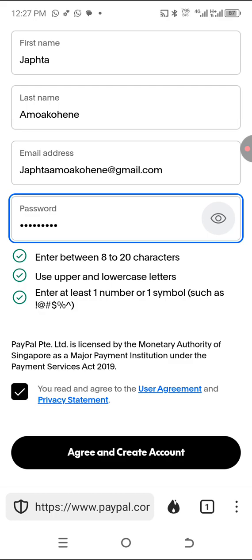Before we continue, let me just say this. Sometimes you have to make sure that the email address you use has not been used to create a PayPal account before, because if it has, you won't be able to use it to create a PayPal account. And also with the name, you have to make sure that your name is